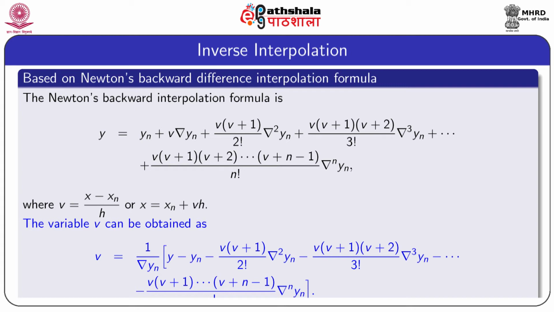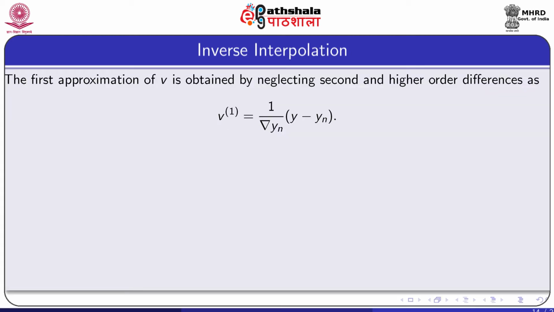The last term is minus v into v plus 1 up to v plus n minus 1 whole divided by factorial n into nabla n yn. So, the value of v is obtained from the second term of the right hand side of the Newton's backward interpolation formula. The first approximate value of v is obtained by neglecting second and higher order differences, and that means